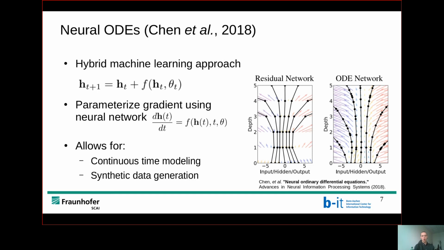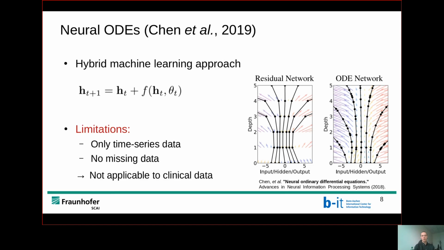And in contrast to more ordinary neural networks that work over a discrete amount of layers, this aspect allows us to evaluate the hidden state of a network in infinitely small time intervals because we work with the gradient here. And thus, we enable the modeling and also subsequent generation of variable dynamics on a continuous time scale. However, neural ODEs still come with some limitations that hamper their applicability to clinical data. For once, they only work on time series data, and as such, static variables cannot be taken into account to model variables.